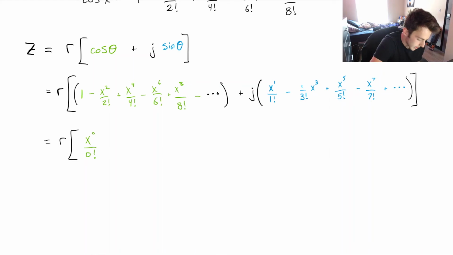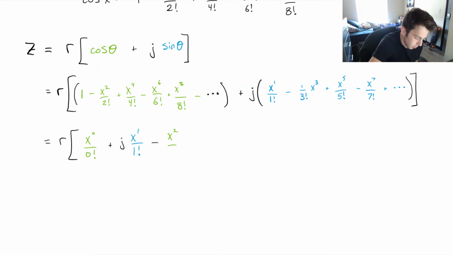And then my first degree will be plus j times x to the 1 over 1 factorial, and then this will be minus x squared over 2 factorial